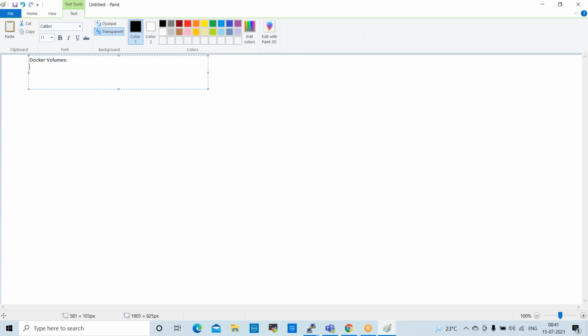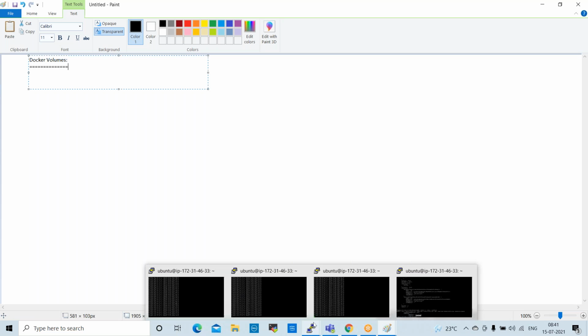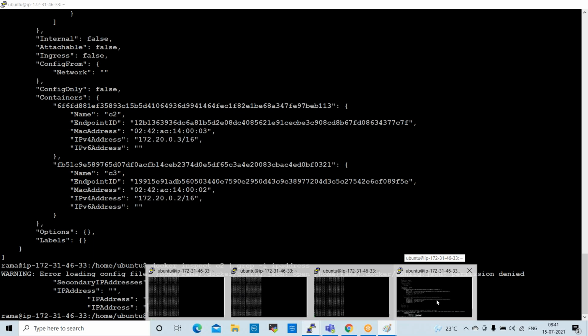Sir, in real time, do you have any scripts to connect containers to different networks, or do we need to do it manually one by one? Yeah, normally in real time, a single command we can use. These are the commands, right? Different networks, different commands. Script, we don't use normally for containers. Till now we are not using it, maybe going forward we may use that. Till now not using in Docker.